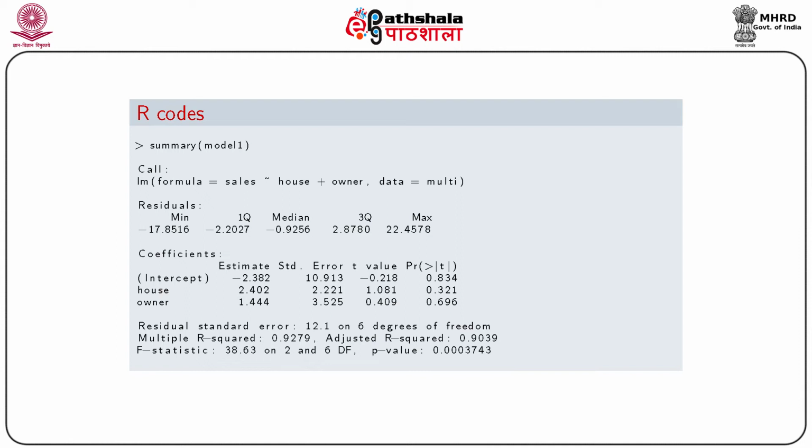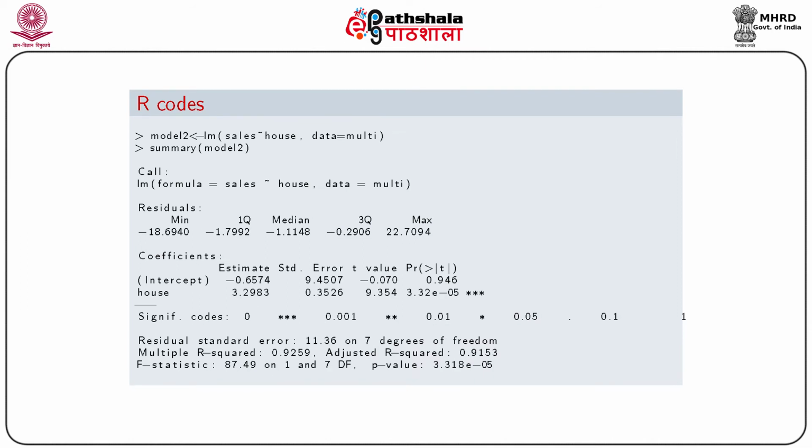Along with the estimate of the coefficients, we also have the standard errors, the t-values to test the hypothesis that the two variables x1 and x2 are significant or not, as well as the p-values. Now at a level of significance alpha equals 0.05, we can see from the p-values that both the p-values are greater than the level of significance, which means that the two explanatory variables are not statistically significant because we fail to reject the null hypothesis that beta 1 equals 0 and beta 2 equals 0.